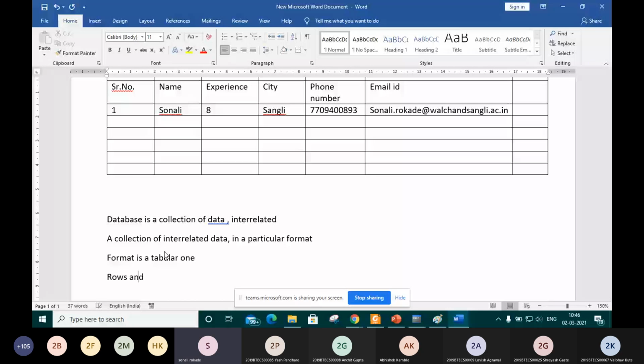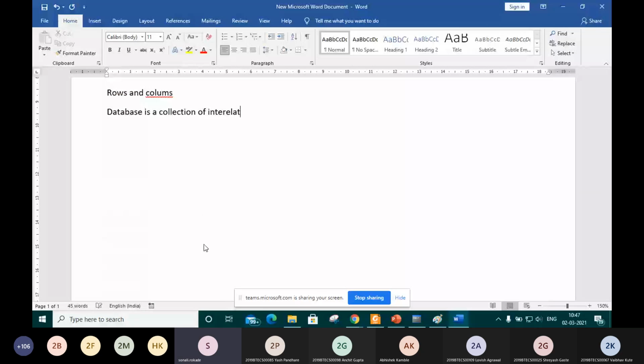So we can say that database is a collection of interrelated data organized in a tabular form, including rows and columns. So this is the perfect definition for our database. This is all about database.